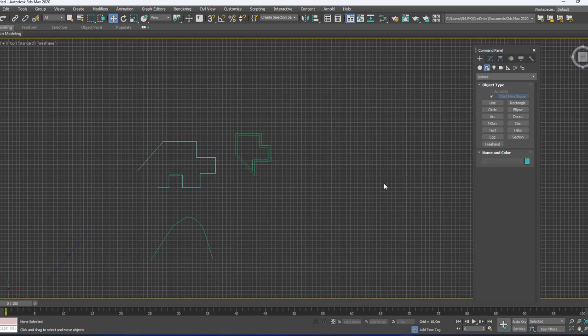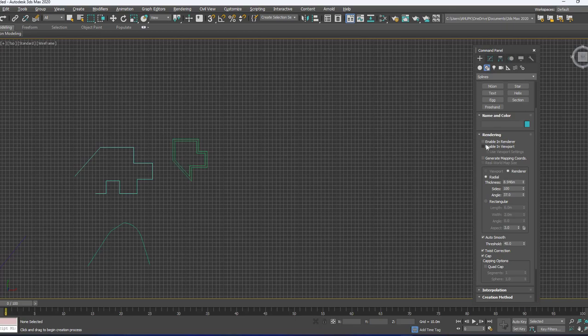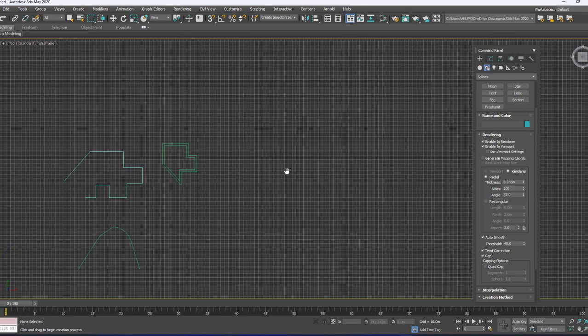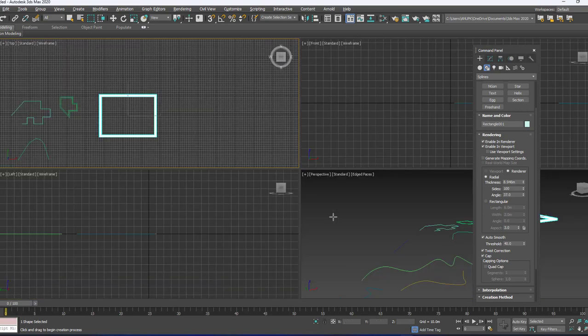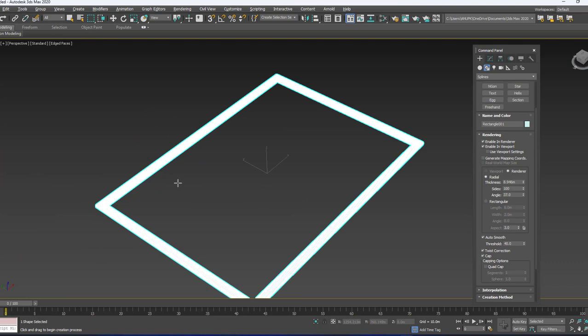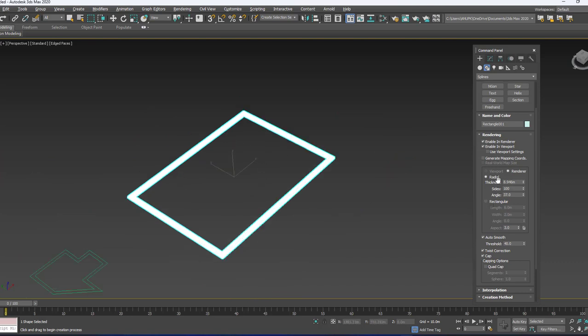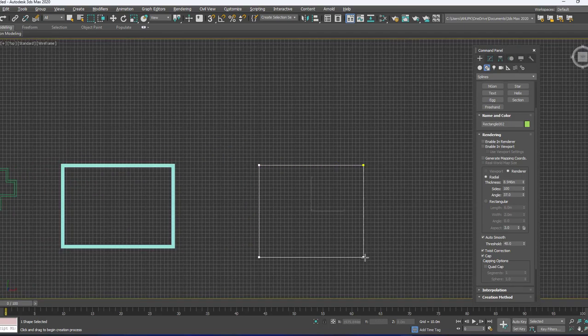Just like the line command, we have the rectangle. Click on the rectangle. In the initial itself, if you say rendering enable is on, then you get the 3D rectangle like this. You can see. I'm just going with the 3D now. So this is how you get the rectangle. Make it off to get the 2D rectangle. Again I am going to the top and then draw it like this.